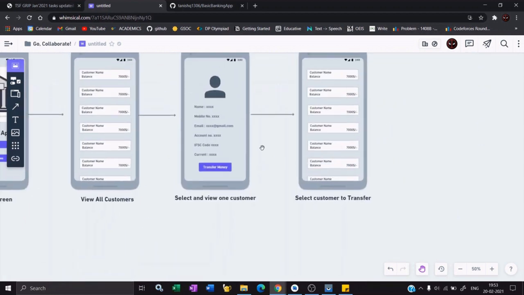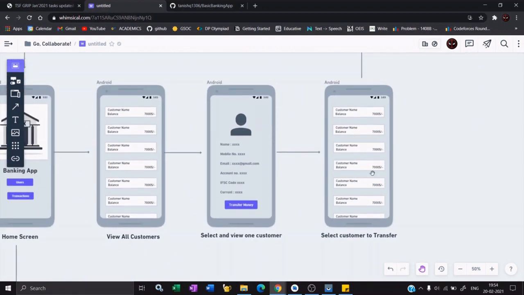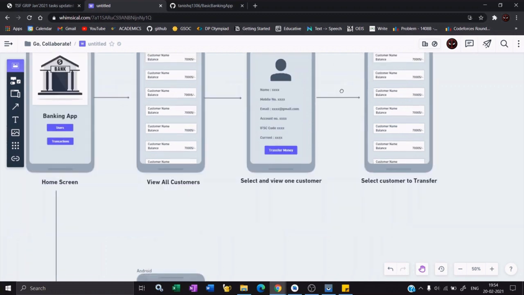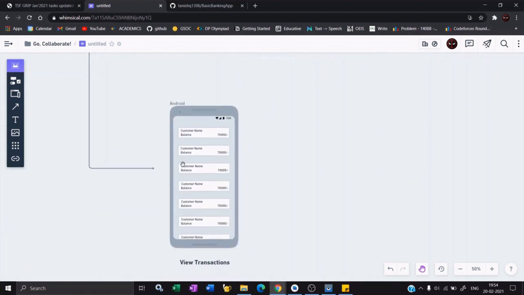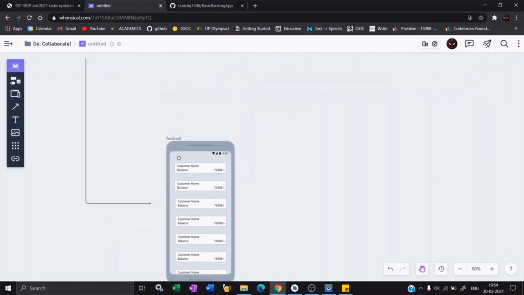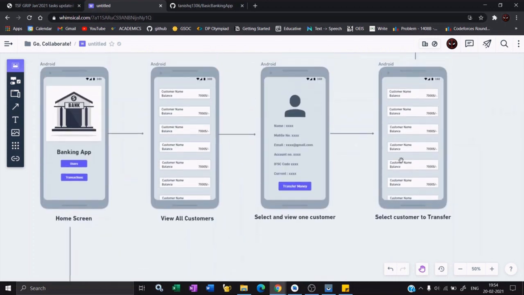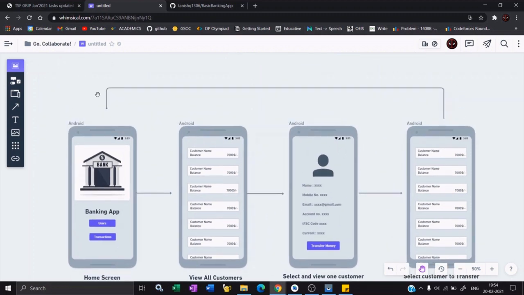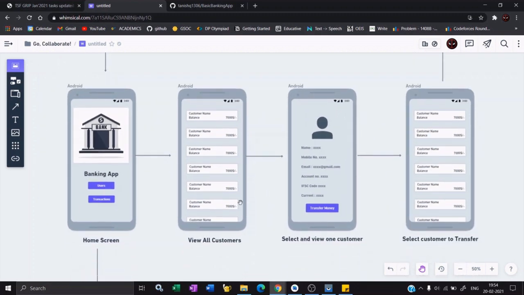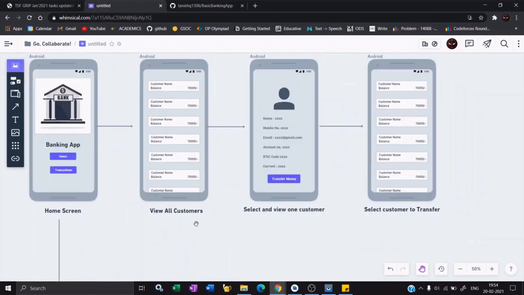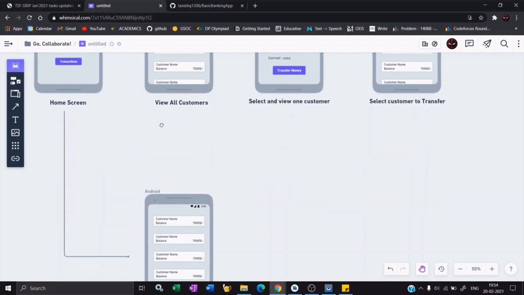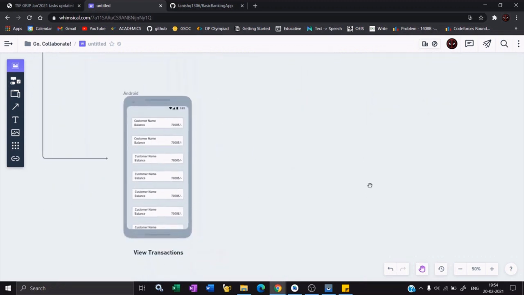Whenever this happens, you will complete the transaction or cancel the transaction. Whatever happens, the transaction details will be listed in this new activity. You will get to this activity by clicking on the transaction button, which is on the home screen. Whenever you complete a transaction here, you will be redirected back to the home screen, and from here you can see the updated list of users, because the amount will be deducted and added to some user, and you can also see the information about the transaction in this new screen.